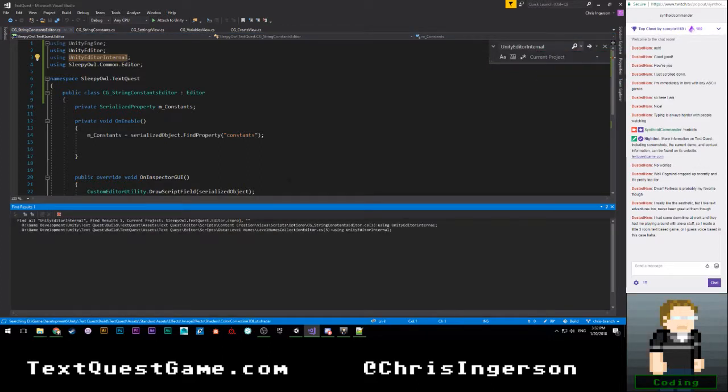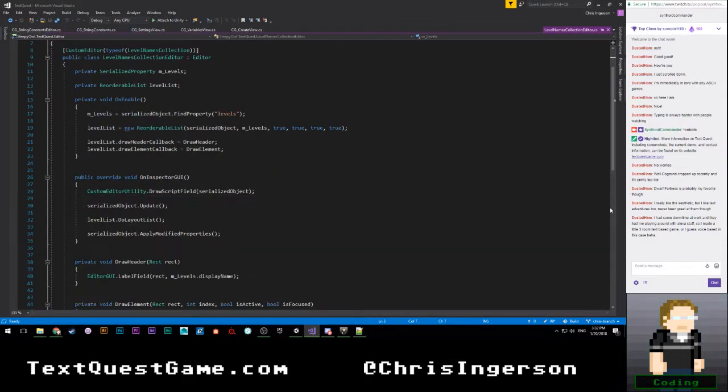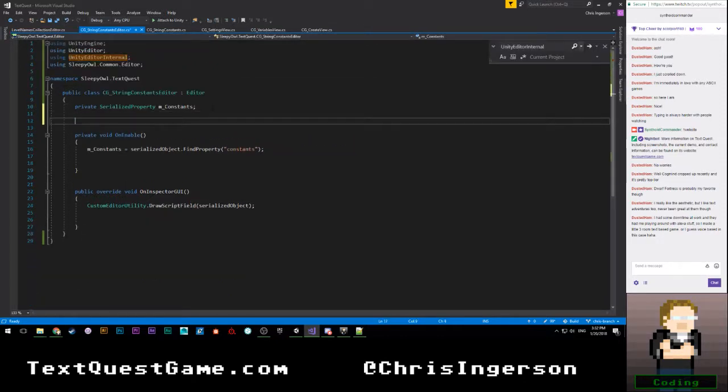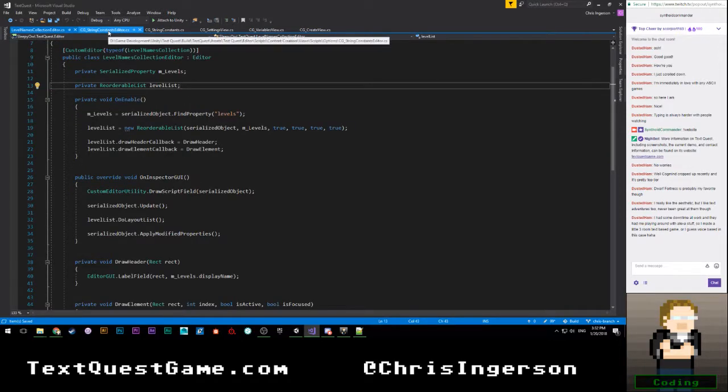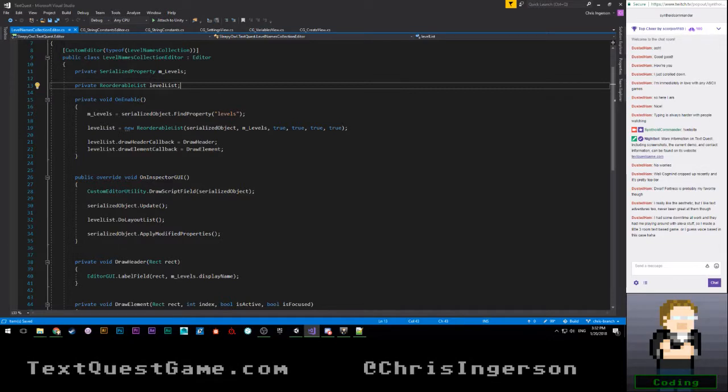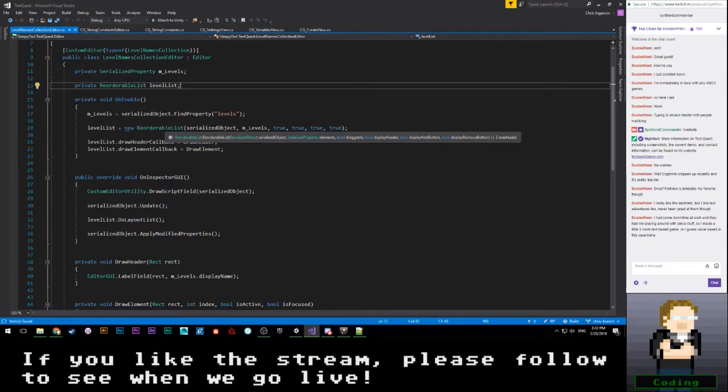So let's go ahead and say find all. I've only used this a couple of times, but here we are, level names. So this is the sort of thing that I have to do. I basically have to initialize a reorderable list and then do a bunch of callbacks, which is very annoying. But okay, so we're going to come up here, say private ReorderableList. We'll call it list. Okay, then we're going to need to do a couple of things. So we want to draw reorderable list. So let me add more, right?